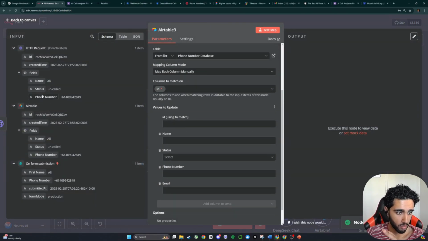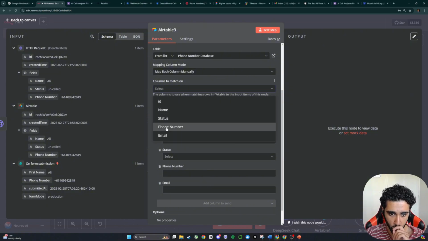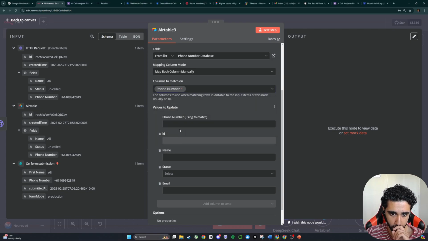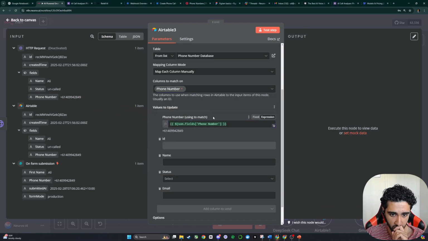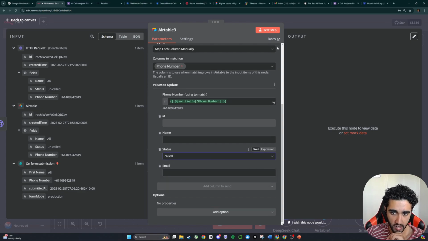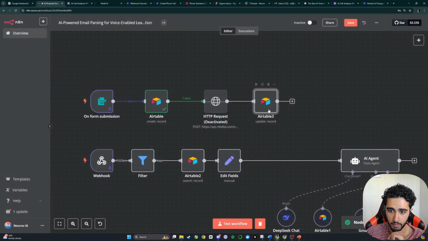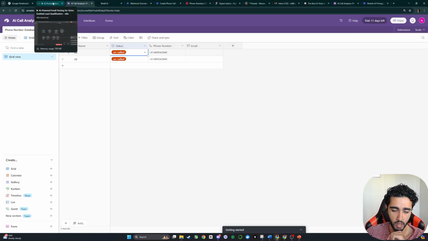Basically, we want to go in here. We want to grab the phone number of the user. Column match. We want to match the phone number. So we'll grab the phone number to match. And this basically just makes it so that depending on who we've called, we can go into that Airtable row and correctly configure their information. We want to change the status to called, test the step, and then, okay, I think it actually works because